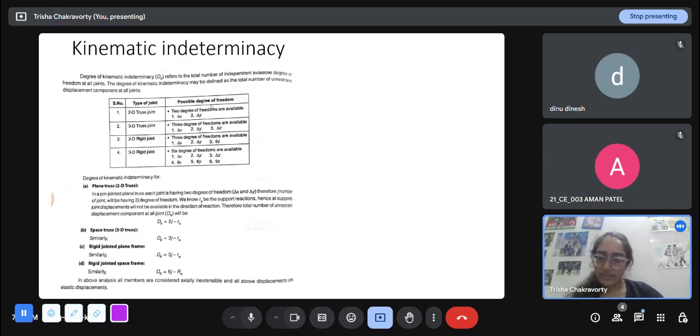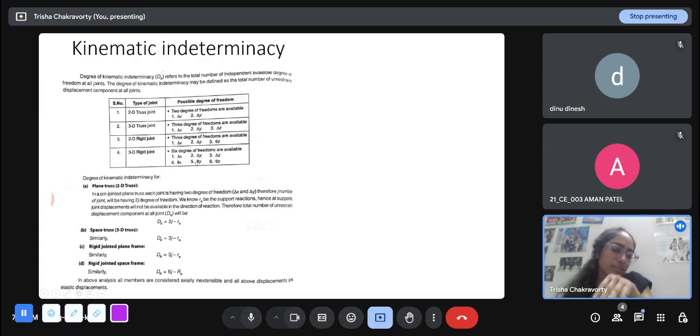In a 2D rigid joint, any beam joint or frame joint is basically a rigid joint. In a truss, we know that all the members are pinned, so every node is a pinned joint. That's called a truss joint. And in beam and frame, it's a rigid joint. So for a 2D rigid joint, there are three degrees of freedom available. There can be translational x displacement, translational y displacement, and there can be rotation in the z direction. Because if you look at a plane, a point can move like this, and it can rotate like this, and the sense is into or out of the plane. So that's theta z.